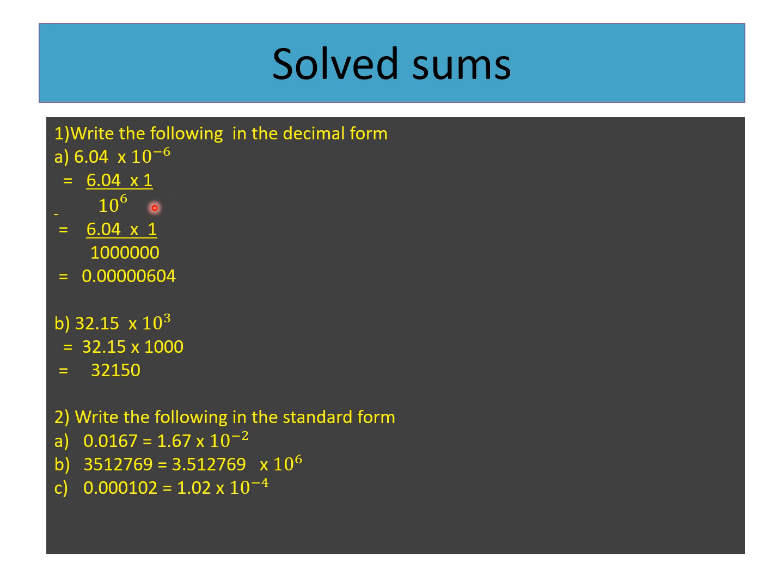First step, 6.04 into 1 by 10 power 6. I have written 10 power minus 6 as a positive exponent as 1 by 10 power 6. 10 power 6 can be written as 10 lakh. Why I have written like this? To keep the decimal point, I have written 10 power 6 as 10 lakh. After that, for 6 zeros,